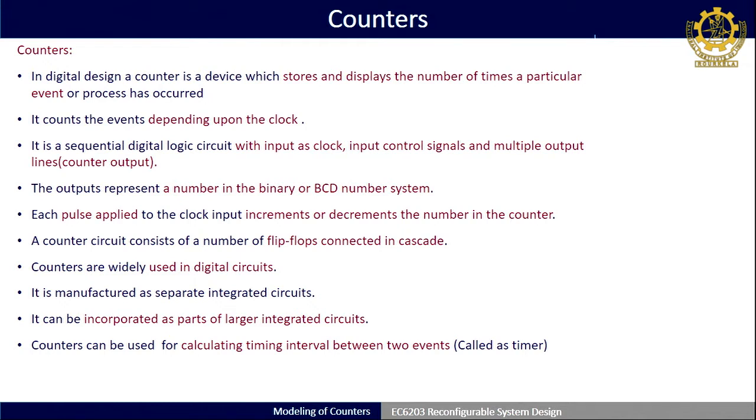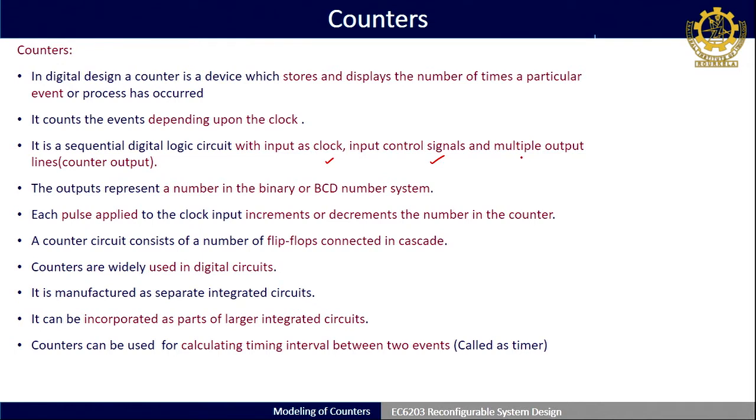As you know, this is basic digital electronics design that we used to read. Counters consist of flip flops in cascade form. Mostly we use T flip flops for designing counters, and each counter will have certain inputs: a clock, and certain input control signals to enable counting or to load values.